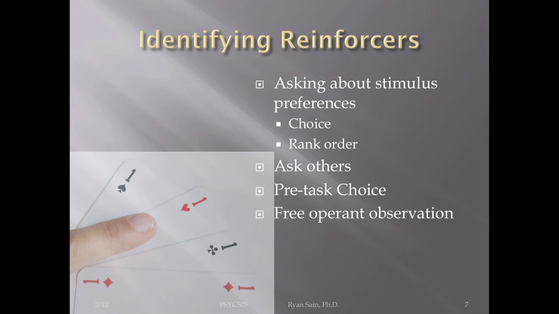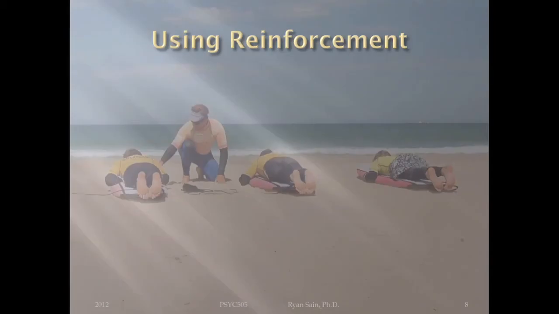So those are some procedures. There's other procedures for how to identify reinforcers, and there's some fun ones in your book that I'm not going to cover in here because they're clearly presented. All right, so using reinforcement, how do we actually pull it off? Start simple. Don't create drama the moment you start trying to teach a new behavior by making them complete the entire behavior before they earn a reinforcer. Give them lots of reinforcement early on. Just even getting close should earn a reinforcer.